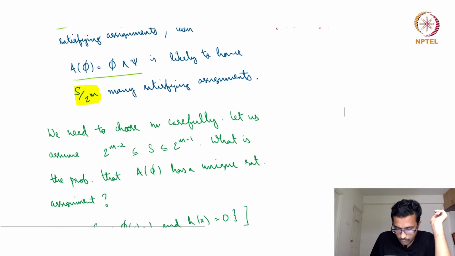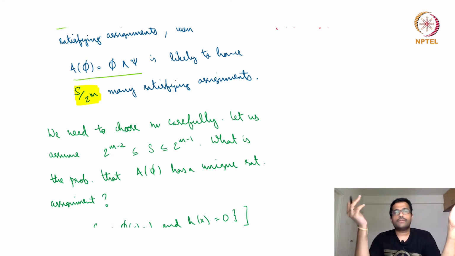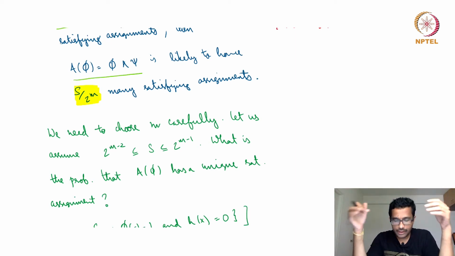So for that we look at what is s, where s is the number of satisfying assignments. One may wonder, how do you choose s? But we'll explain that as we go along, because given a Boolean formula, we don't know if it is satisfiable or not satisfiable. Forget how many satisfying assignments it has, right? We don't even know that.